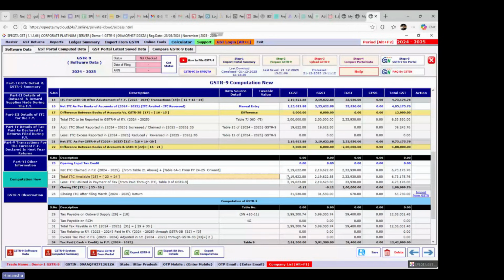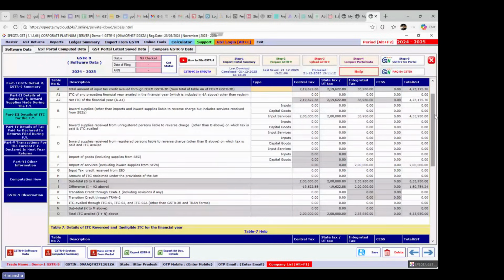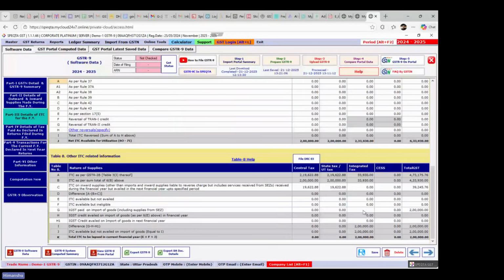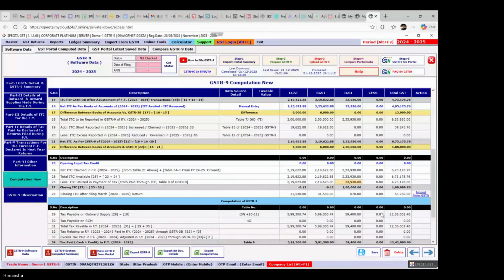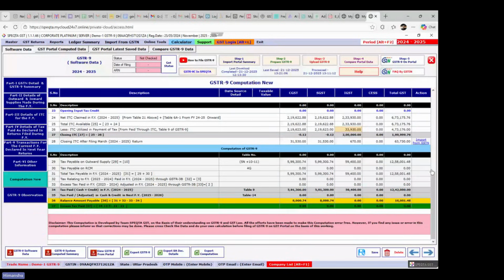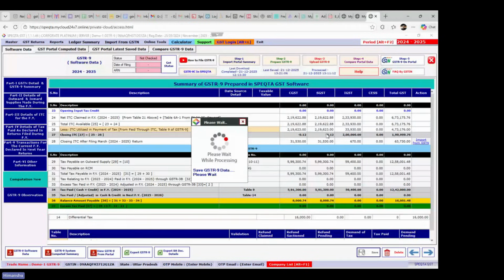ये यूटिलाइज्ड कहां से आ रहा है, फ्रॉम टेबल नंबर 9 जो पेड थ्रू आईटीसी सेक्शन होता है, ये वहां से उठाता है। तो जो टेबल नंबर 9 पेड थ्रू आईटीसी से आ रहा है ये उसका पार्ट हो जाएगा, ठीक है। इसको मैं यहाँ से हटा देता हूँ ताकि एक बार हमारा मैच कर जाए, ठीक है। हाँ, तो ये देखिए यहाँ पर टेबल नंबर 9 से उसकी फिगर यहाँ से उठ के आएगी। अब अगर आपके पास मान लीजिए कोई आईटीसी अवेलेबल है तो यहाँ पर आप देखेंगे